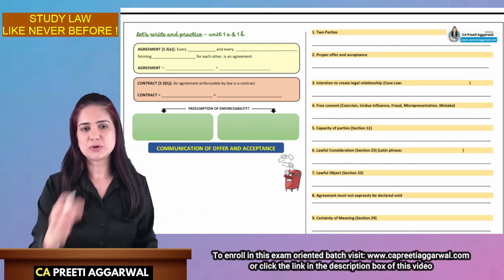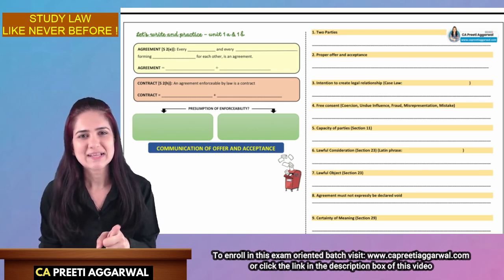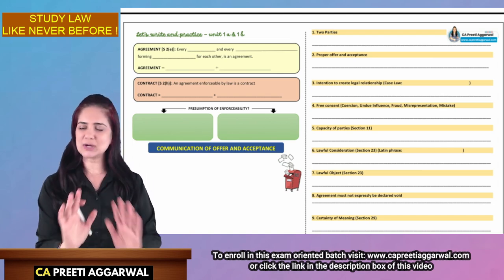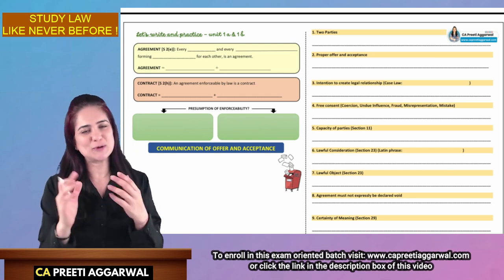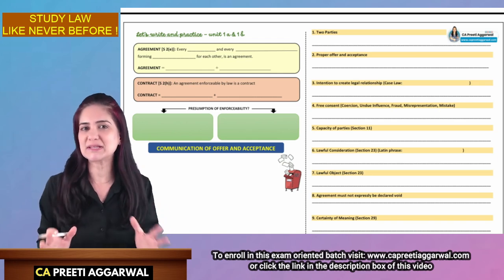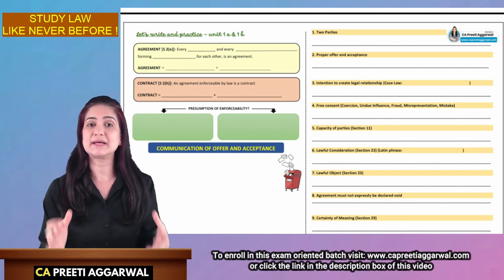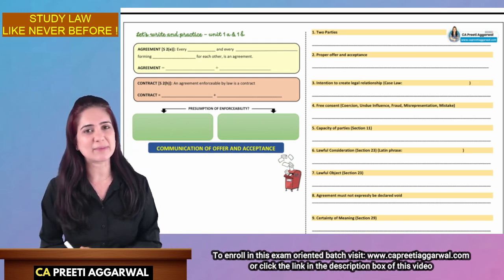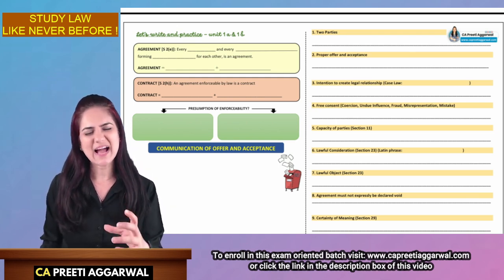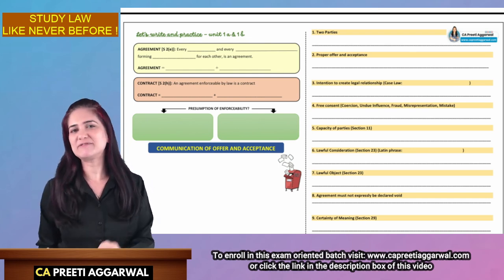Okay? When I ask you a question, yes, tell me, how many parties are required to form a valid contract? 2 parties, yes. So you keep on answering. I cannot hear you, but I can feel you. I know you are answering, and when you speak it loudly, I'm sure you will be able to memorize those provisions, and you'll try to recall, and that is how you will end up writing beautiful answers in your main exam. I want you to reach that stage where you send me a message, ma'am, I got 90 marks in law. Highest. I'm waiting for that message from you.